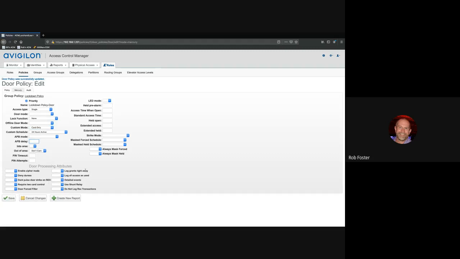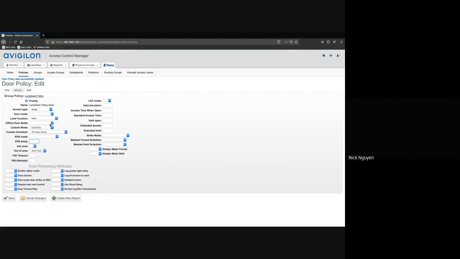Now, once we have the policy, we need a way to apply that policy to doors. So in this case,